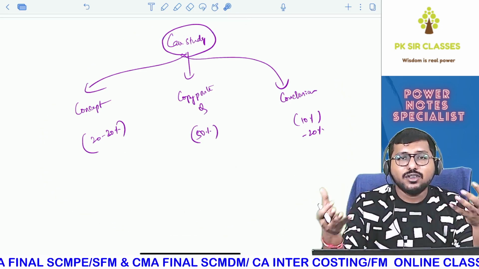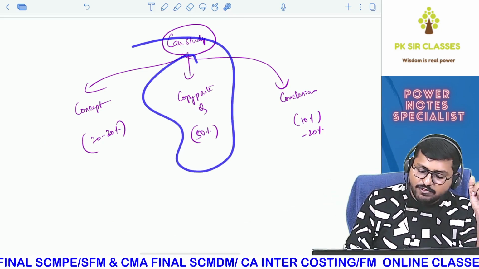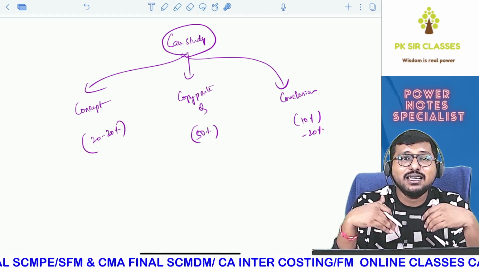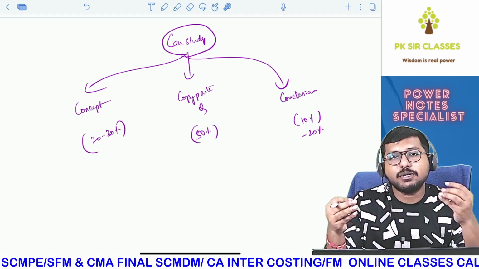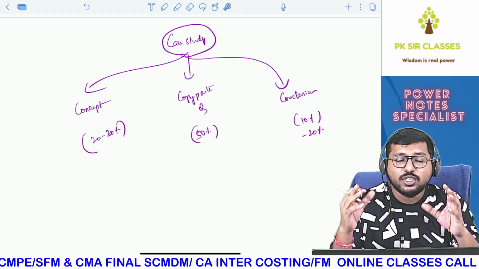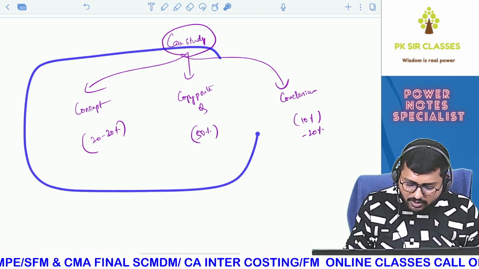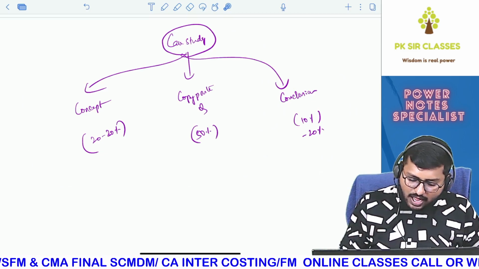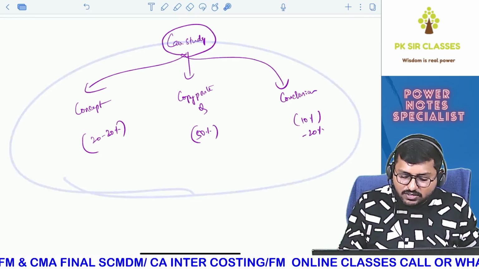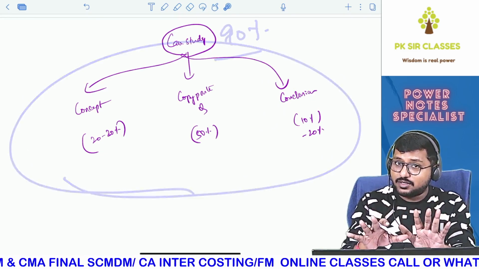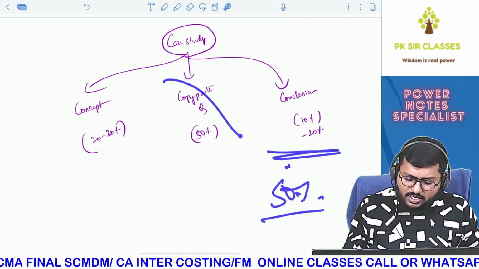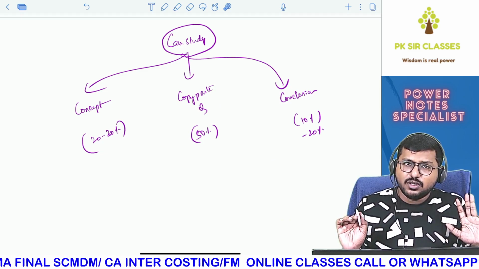But what I'm trying to tell you from that is that the 50%, the major part of the answer of your case study, is an intellectual copy paste of the question only. So it is not something that you need to remember. So the major part of the answer is done already. This is the only area that will trouble you. Now, I am applying this percentage logic for 90% of the questions. There are exceptions where conclusion or analysis itself will be 50%, where there will be no copy paste from the question. Are you able to understand?